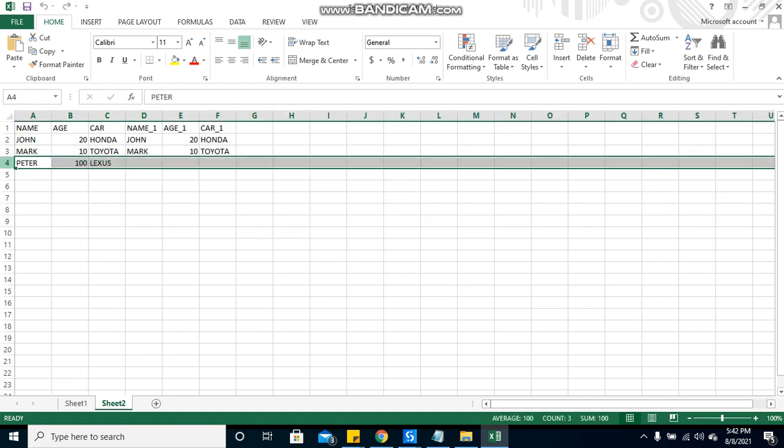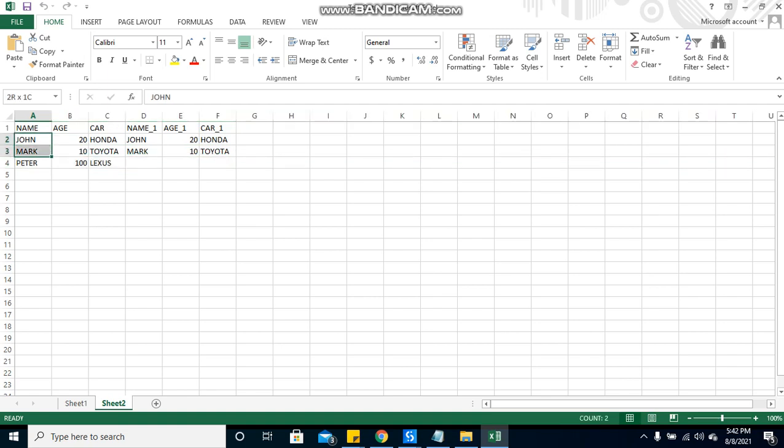We want Peter to come out, but here it is a left join. What the left join will do is pick all the data from sheet 1 and whichever data is in sheet 2, and if the data is in sheet 1 but not in sheet 2, it will mark it as empty. So I need some improvement here.